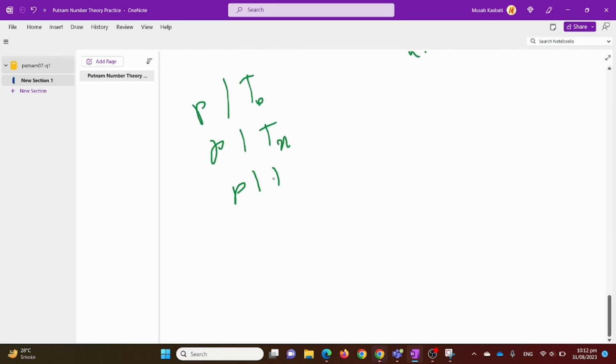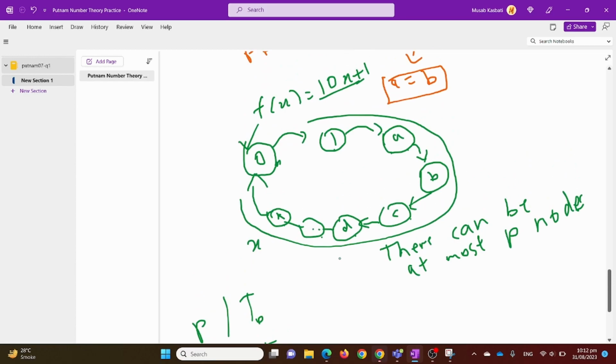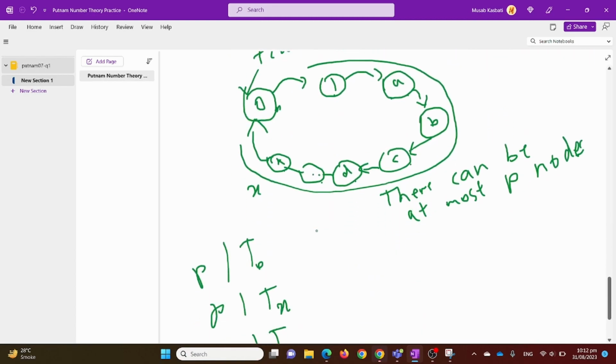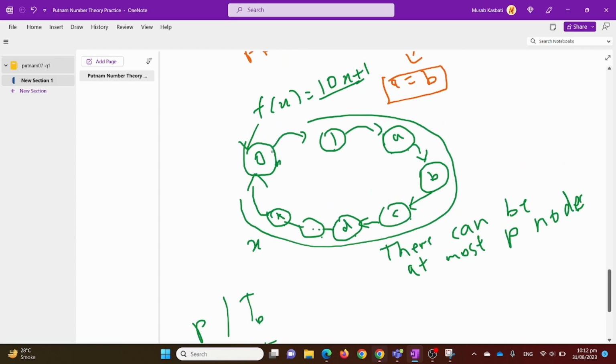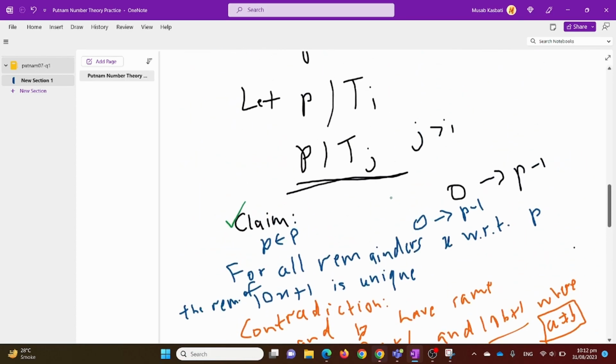So that means p will divide t2x, then it will divide t3x, then t4x, then t5x. And so this way, my prime p will divide infinitely many numbers in the sequence of operations from 0 with f of x, which is 10x plus 1, which might be very, very roundabout, and I apologize for that, but let me just try to succinctly summarize the